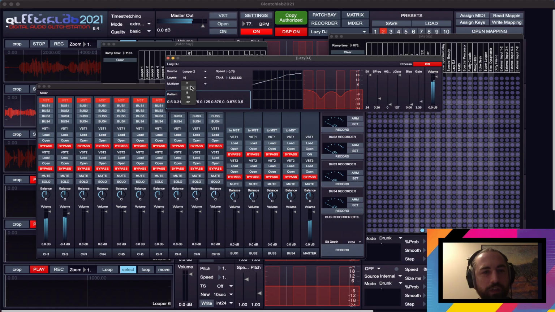But it's useful to like kind of nice. Basically, it's called a lazy DJ because it's like crossfading between multiple instances of